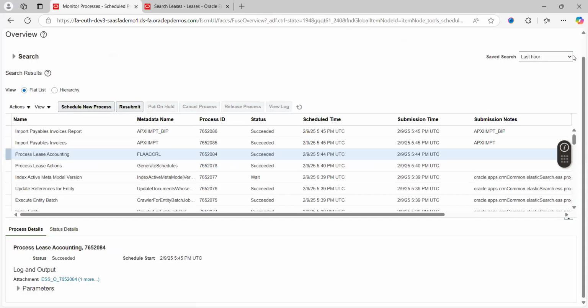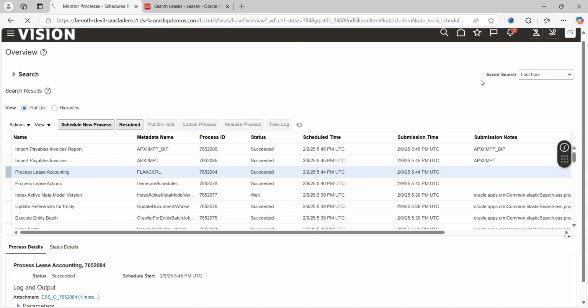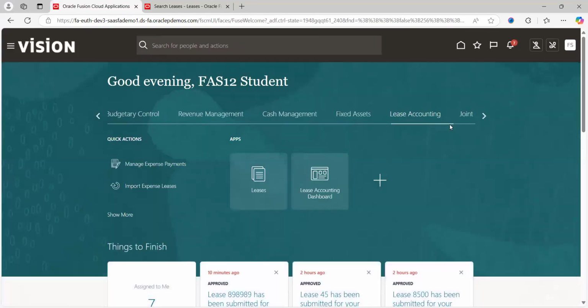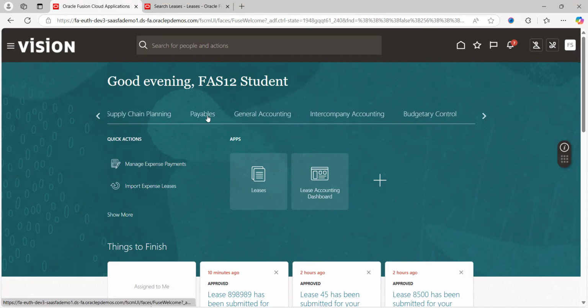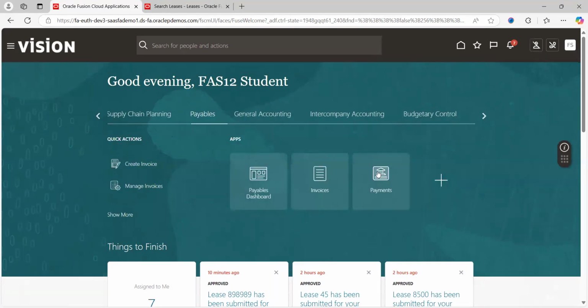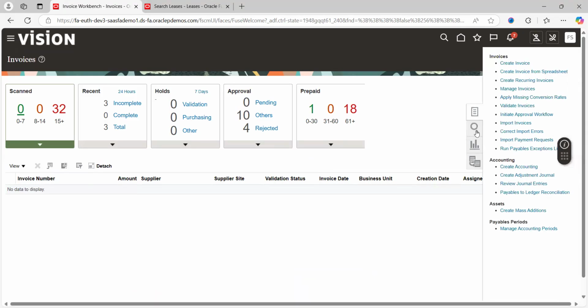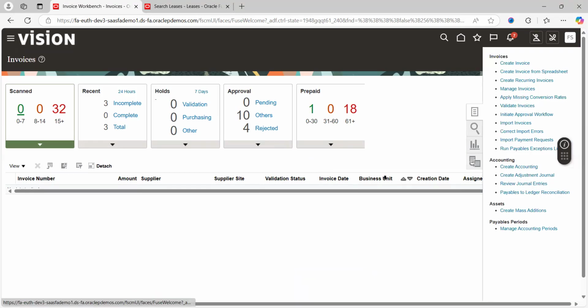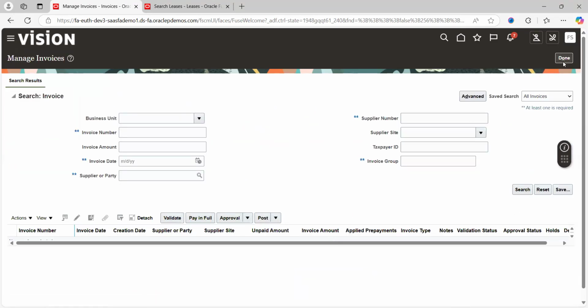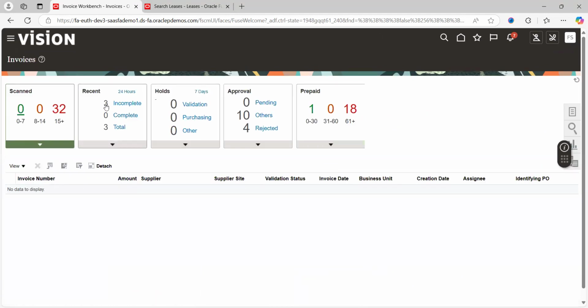Click on done. Go to the home page. Payables. We discussed one point: the invoice is always created with the prefix FLA, fees and lease accounting. Click on search. Manage invoice. Prior to that, what we can see under this recent info tile,